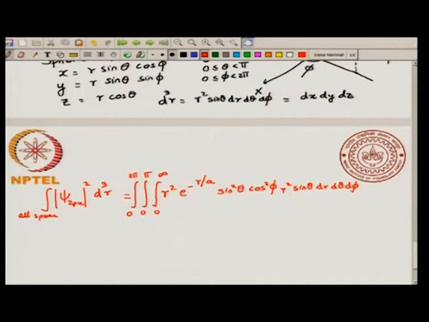Okay. Now what you can do is you can separate the integral into 3 integrals. So, I will write, so you have 0 to 2 pi. So, 0 to 2 pi is the range for the variable phi, and the only function of phi is cos square phi. Okay. And then this will multiply an integral over theta which goes from 0 to pi, and now you have a sin square theta into sin theta. So, you have sin cube theta,